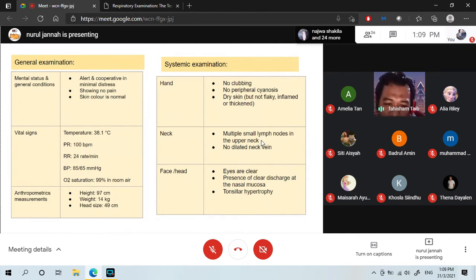Similarly for all these anthropometry measurements. Okay, what is the centile? Make sure you tell us the centile. Don't just say 97, 40 kilo. What is it? I don't know what this is. Just plot it on the centile chart. You're coming to pediatrics here, and this is essential. Why is it essential?